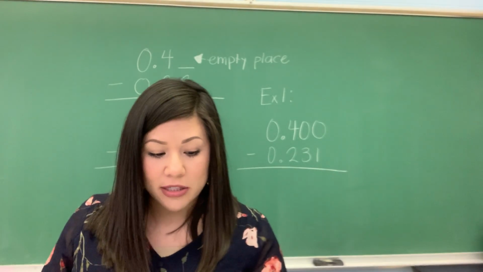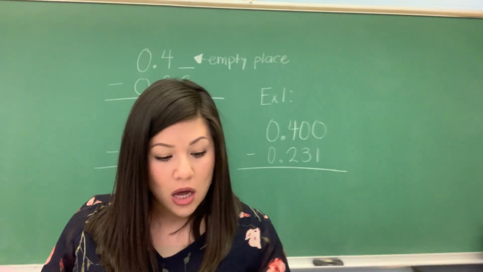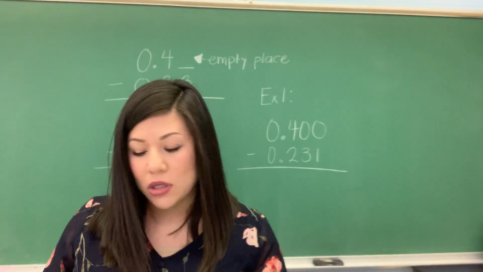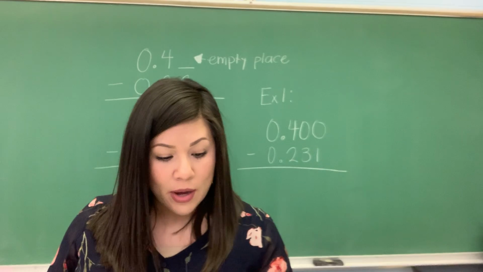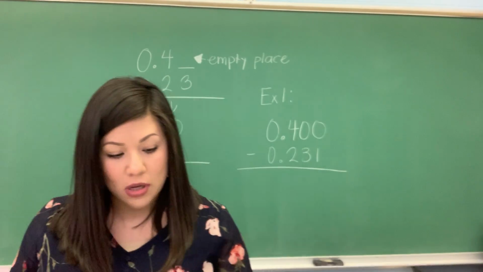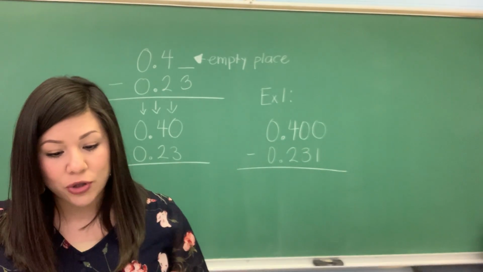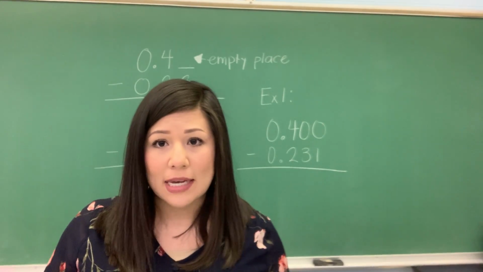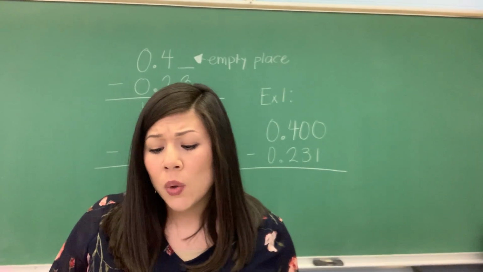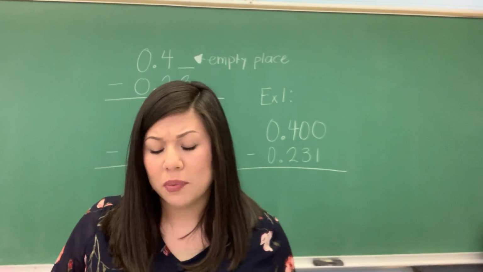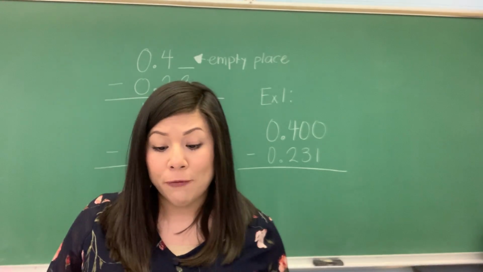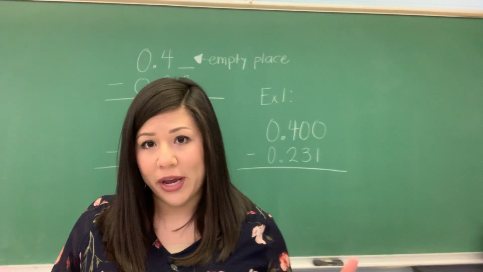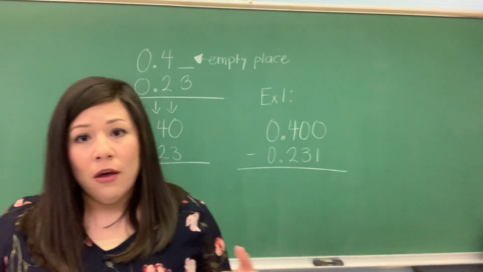We're going to learn today how to subtract decimals, subtracting decimal numbers using zeros. For some subtraction problems, as you've noted in past lessons, we need to add decimal places to perform the subtraction. If we were to subtract 0.23 from